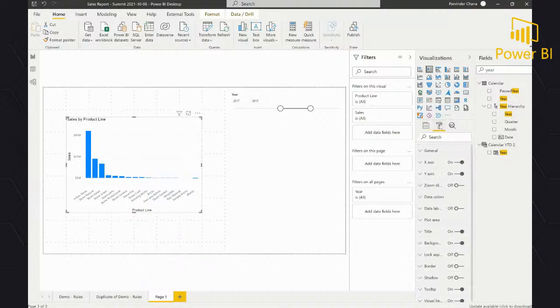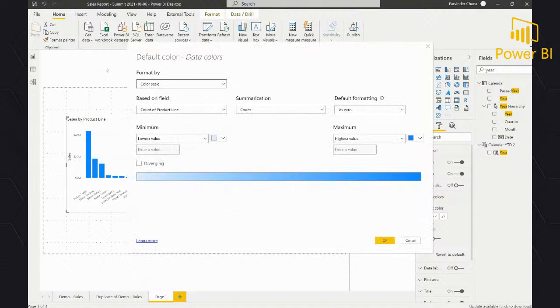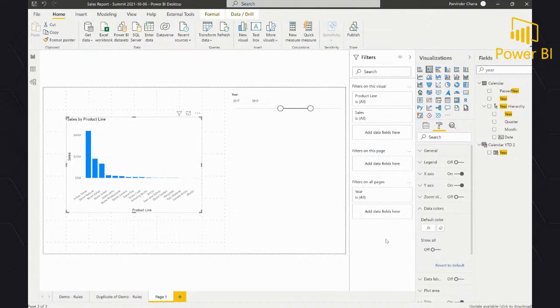You need to go to the format pane, and it is a part of the data colors. Basically, you're applying the conditional formatting on your data points and coloring your data points. It's a little bit different than when you're using table and matrix visual, because on these kinds of visuals you can only format the colors. There is no cell or background. So you click this FX button, of course, and then you give your range and okay.